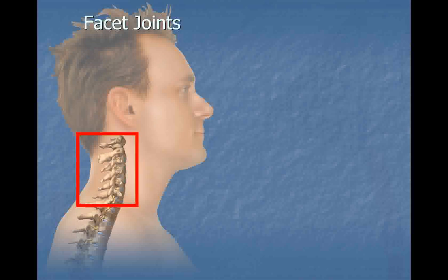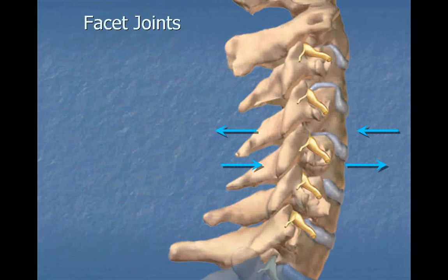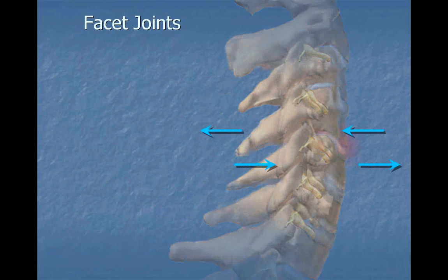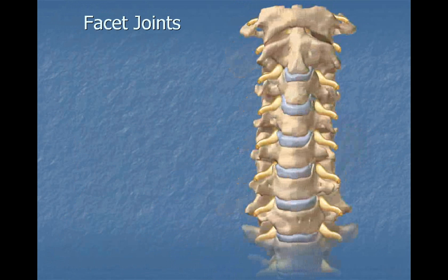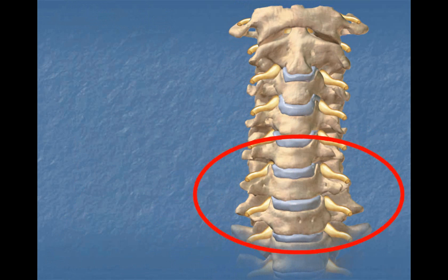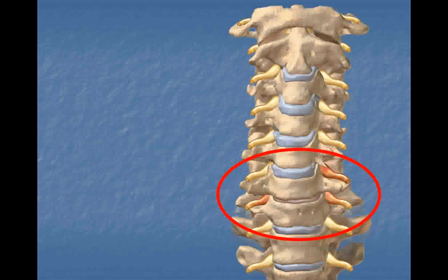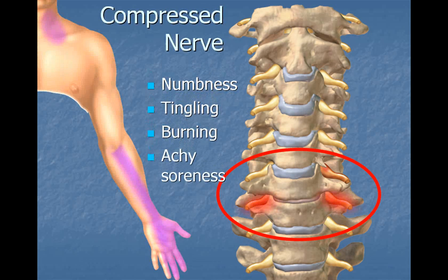The facets, or joints of the neck vertebrae, are hinge-like and interconnect each vertebra to one another. When the facets are not gliding smoothly, they can compress and irritate the soft tissue, such as the joint capsules surrounding the facet joint complex. This can inflame the nerves exiting the spine and cause the same type of symptoms commonly seen with pinched nerve conditions. When a nerve root is compressed, it may cause symptoms of numbness, tingling, burning, and achy soreness along the